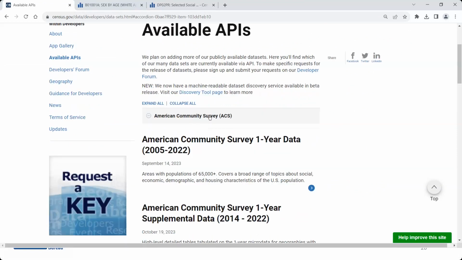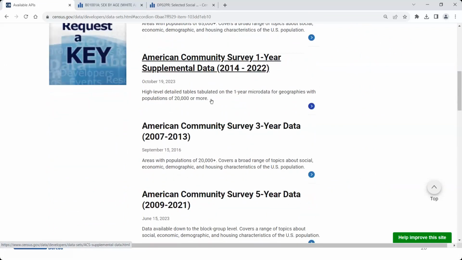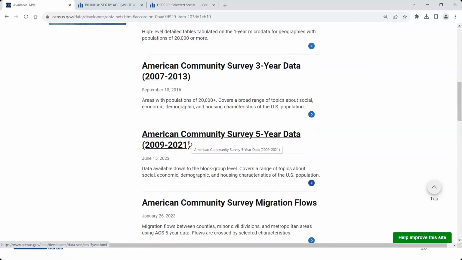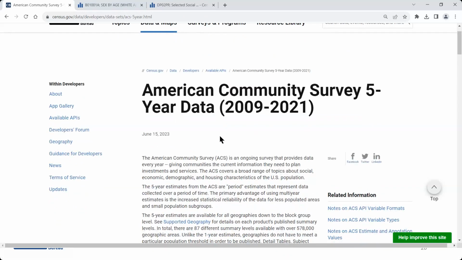So I'm going to click on American Community Survey, and I'm going to look for those 5-year estimates. So here we go. We've got the American Community Survey 5-year estimates here. So I'm going to click directly on that. And then I'm going to scroll on down until I find the detailed tables, which was the other portion of that data set we were looking at.